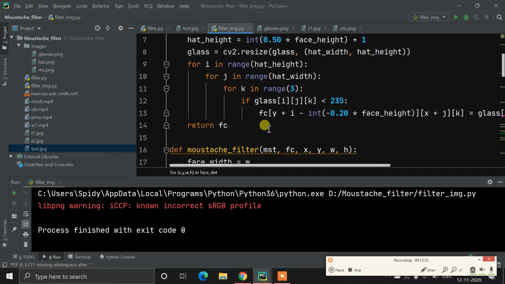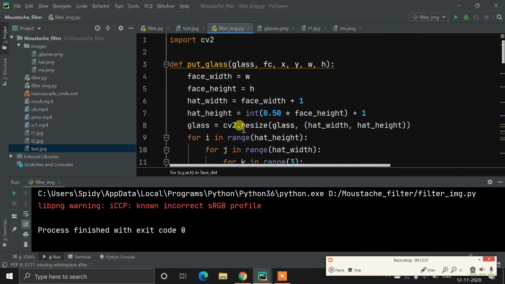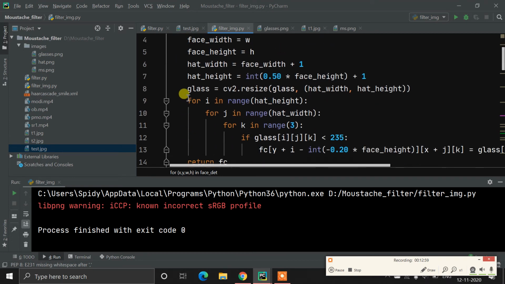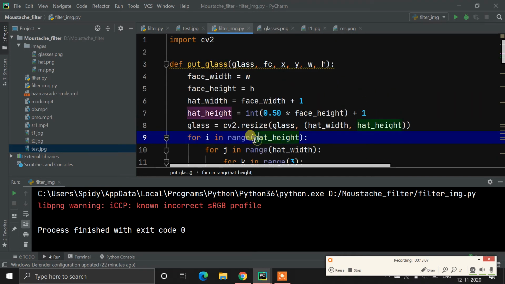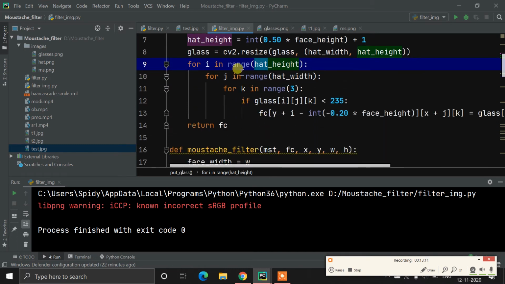Actually it's not much rocket science. It simply adjusts to the face. You can read this for loop in range. First of all, it will adjust the head size. This is not simply a number, actually it is the glass. So first of all, it will initialize this glass image in OpenCV.